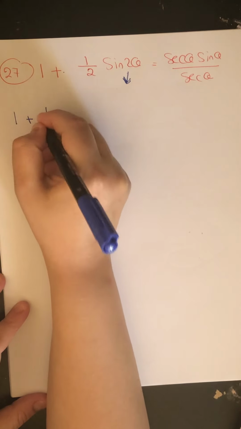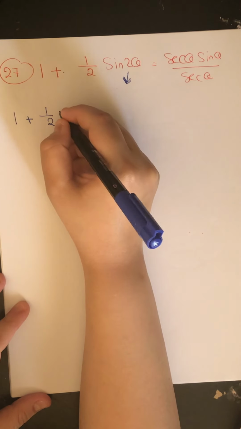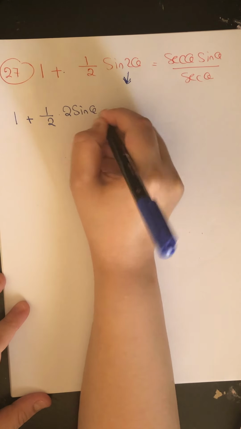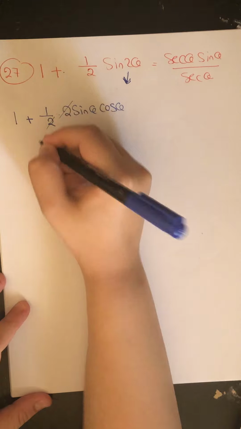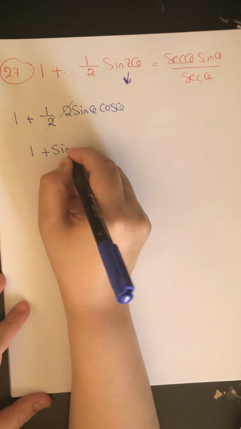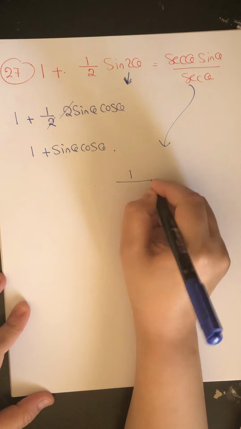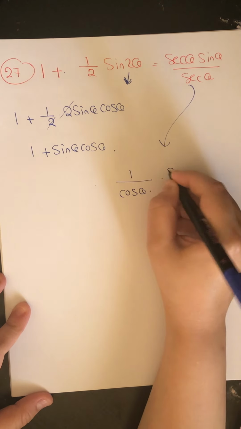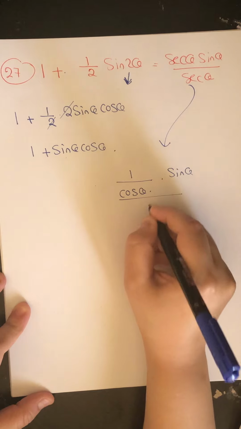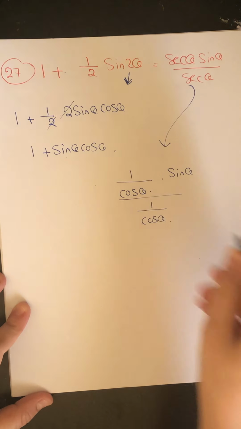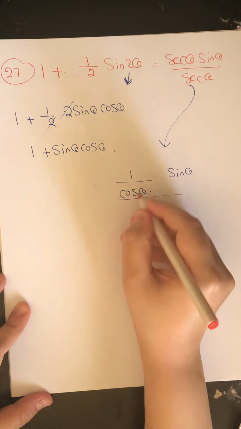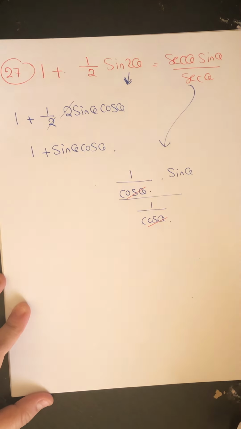Here's 1 plus half sine 2 theta, I explained last time, so it is 2 sine theta cosine theta. This will cancel this. This side became 1 plus sine theta cosine theta. Let's work on this one. It's 1 over cosine theta plus sine theta over 1 over cosine theta. I can cancel this with this, and I am left with